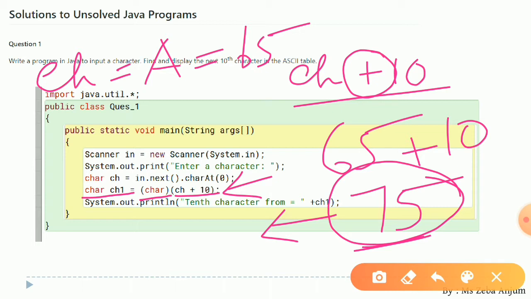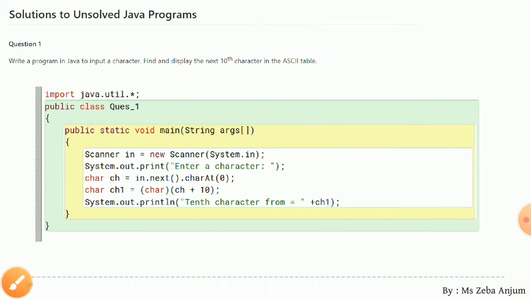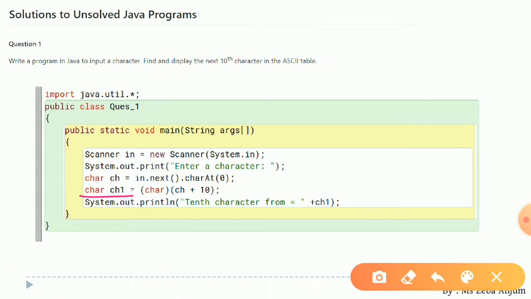You will find out it is capital K. So when it got converted into a character, it is stored in your ch1. So now ch is going to store capital A and the next 10th character, that is capital K, is going to be stored in your ch1. And the same value stored in ch1 you are going to print on the screen.